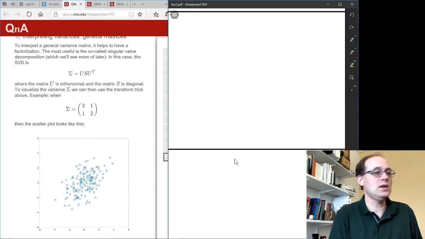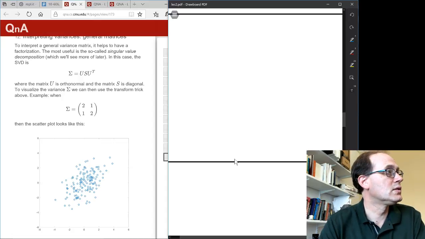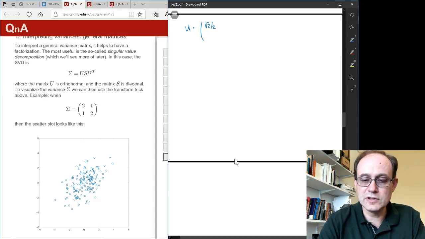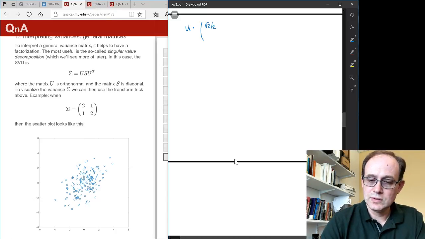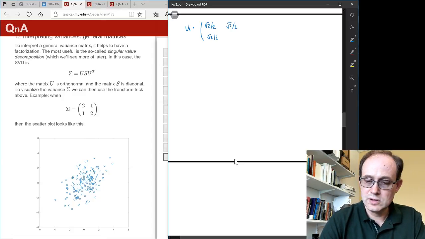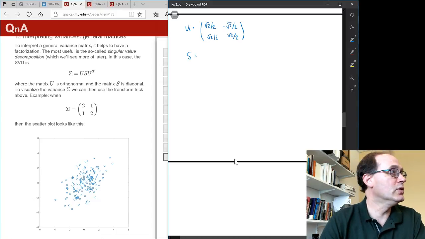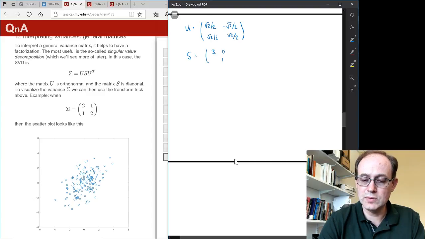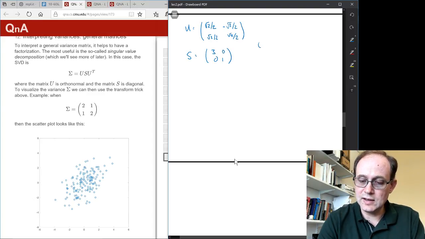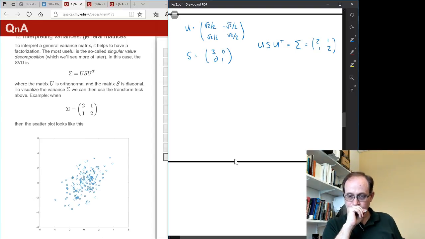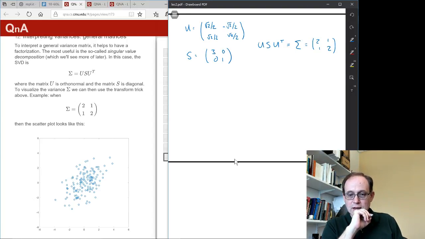Let's see. So if we define U to be the matrix with entries root 2 over 2, root 2 over 2, root 2 over 2, and root 2 over 2, but we're going to make this one negated. And if we take S to be the diagonal matrix 3 and 1, like that, then U S U transpose should equal our sigma from before, which is 2, 1, 1, 2. All right, and so